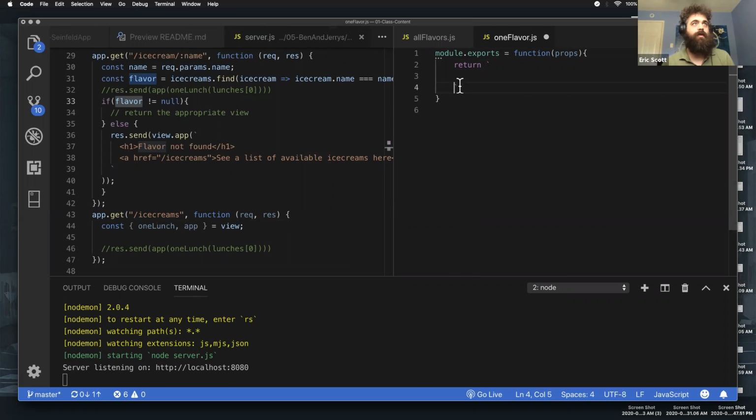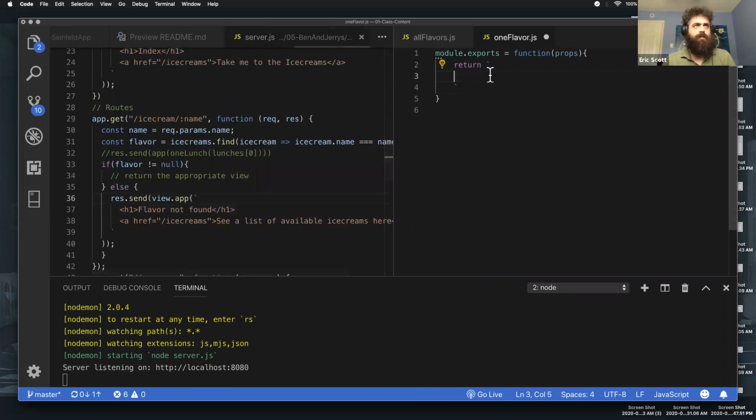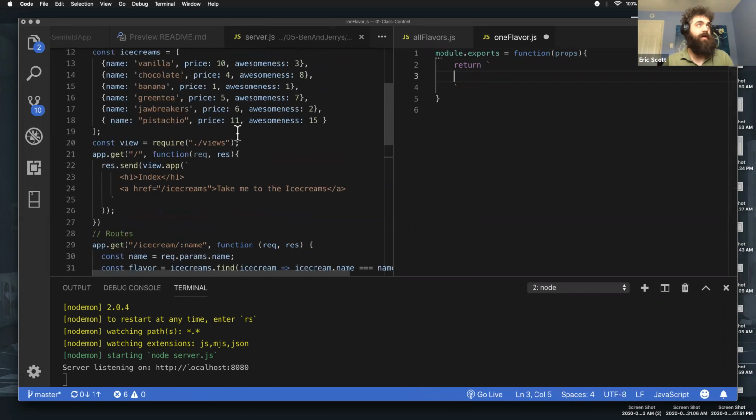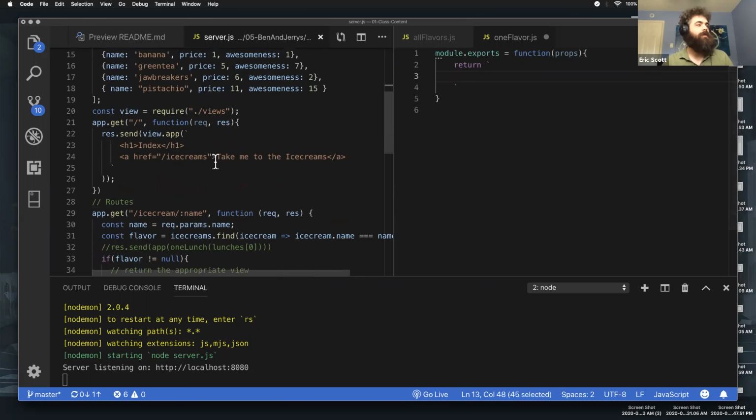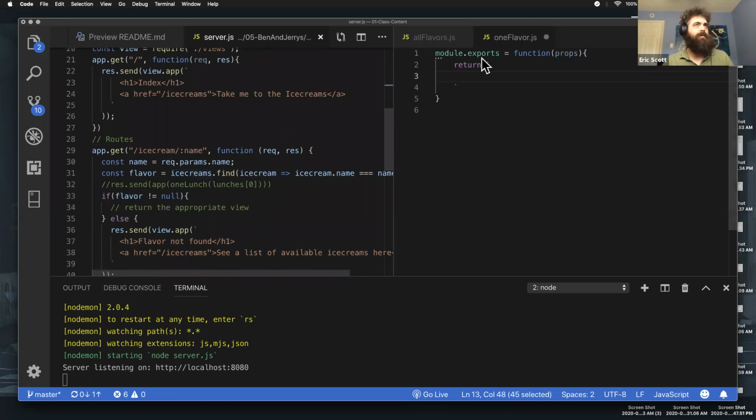It's going to be returning a big string that represents a specific flavor. So in this case, we could just say, hey, here's the flavor. Let's look at the data we have to work with. It's probably going to be information about the ice cream, right? So what I'm going to do is I'm going to call this function one flavor, and I can do that with